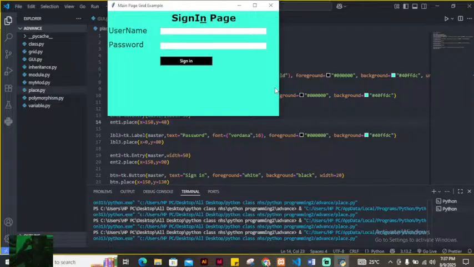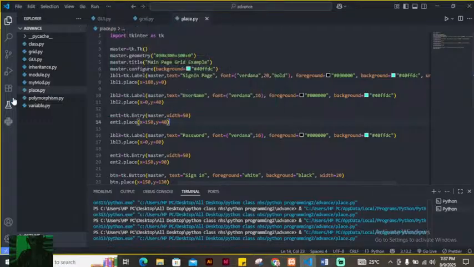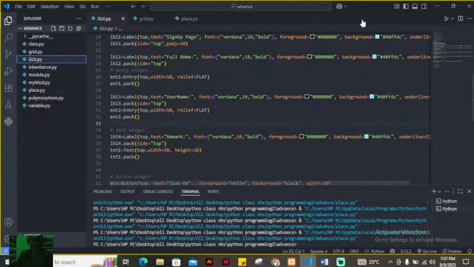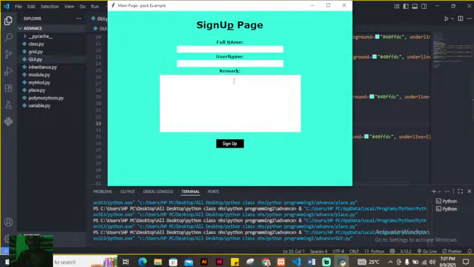Let me first show you how to mix grid geometry with pack geometry. So let me go back to this particular part where we did pack. We achieved this one with pack. Let's assume that I want to bring in something here. I'm just using it to explain something, and what I want to bring in here is something like